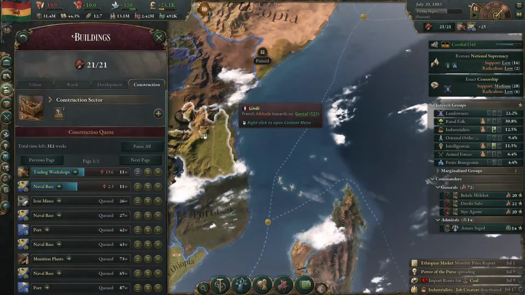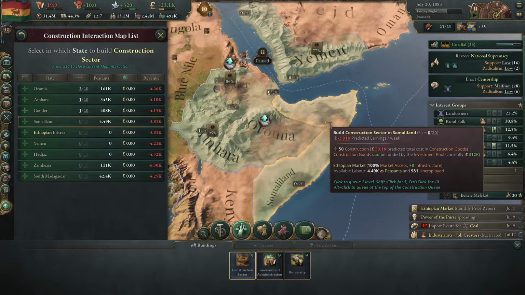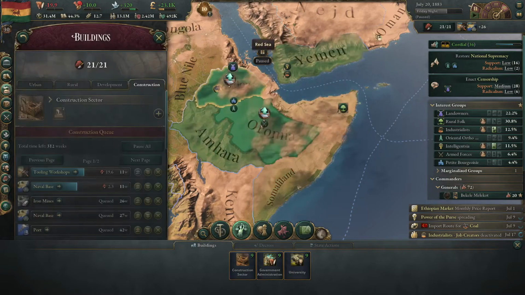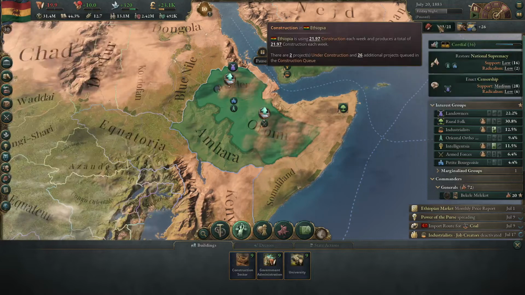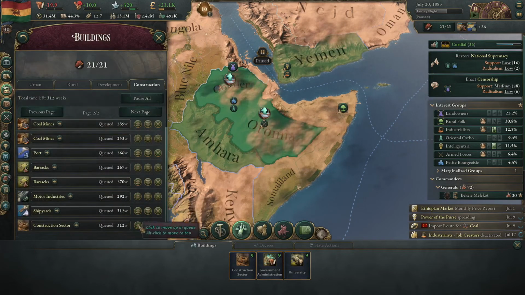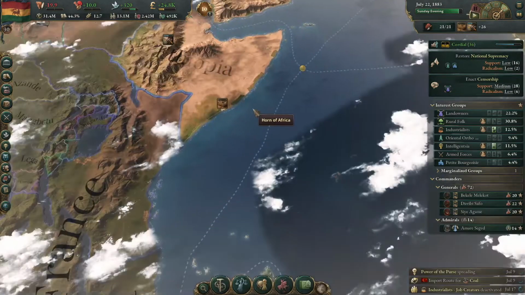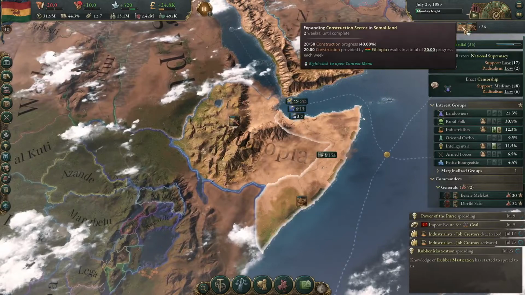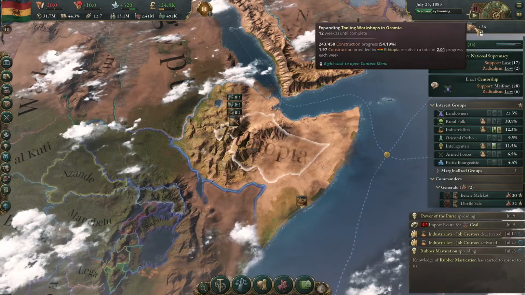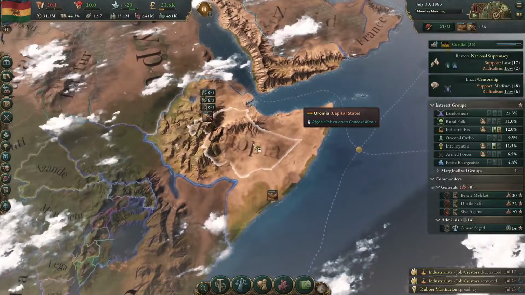Right, so I think it's time to increase our construction. We could maybe get a level in Somaliland, just in case, because we've got most of the resources for it anyway. Let's pull that to the top. We've got a lot of money, so we can afford increasing the construction speed at least to some degree. It's going to be done fairly quickly, so that's going to speed up the tool workshop construction in our capital. We're missing a little bit of bureaucracy though, so we might want to...